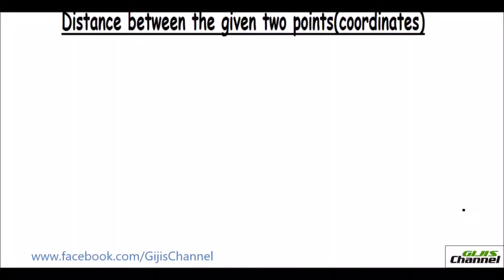Let us see how we find out the distance between 2 points. For this, first let me take a number line and we have numbers from -1 to 6, okay? Say for instance at 1, the given 2 points A and B, where A is at 1 and B is at 5. In this case, if you are asked to find the distance between these 2 points, the easy way